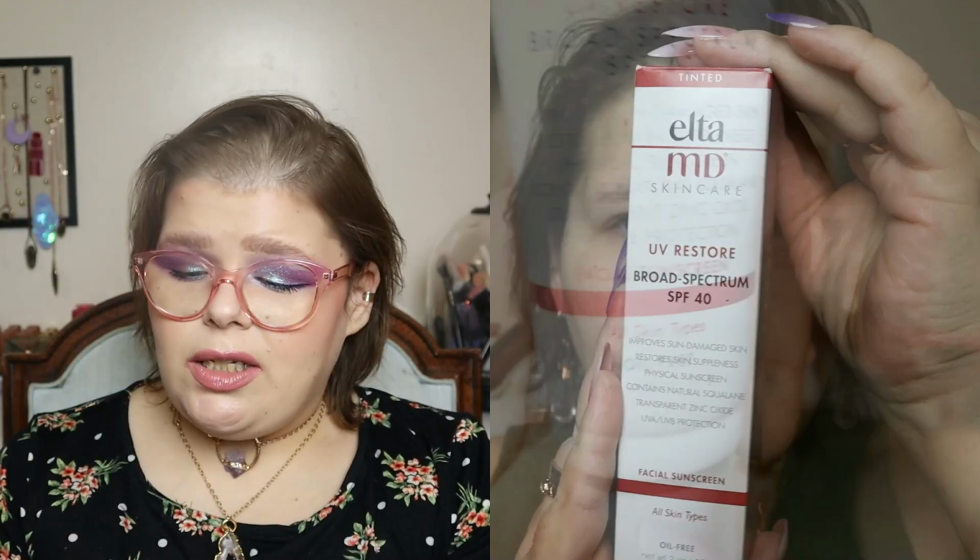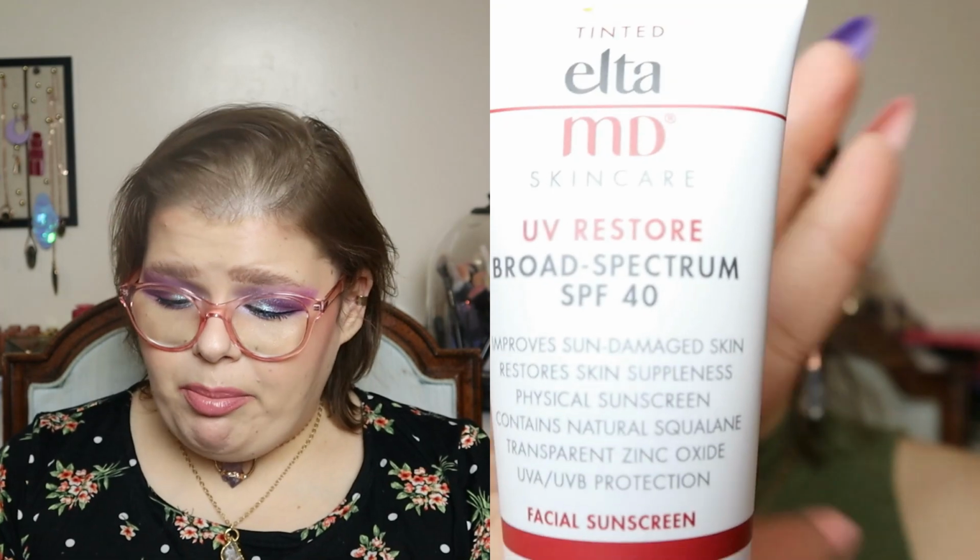With this product, I had no issue with that. So the next product that I tried was the EltaMD UV Restore, also broad spectrum SPF 40. And some of the box claims are improve sun damaged skin, restores skin suppleness. It's a physical sunscreen with squalene, transparent zinc oxide, UVA and UVB protection for all skin types. So the UV Restore comes in a squeeze tube bottle with a pump, and yet again, it is a tinted